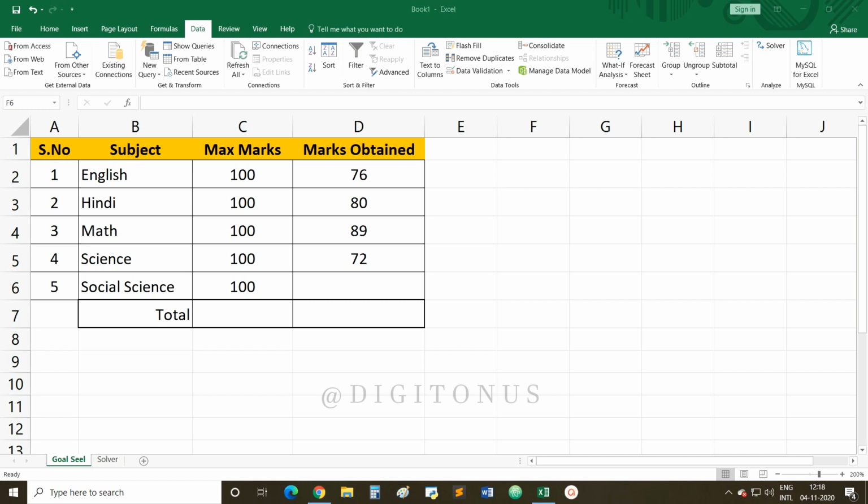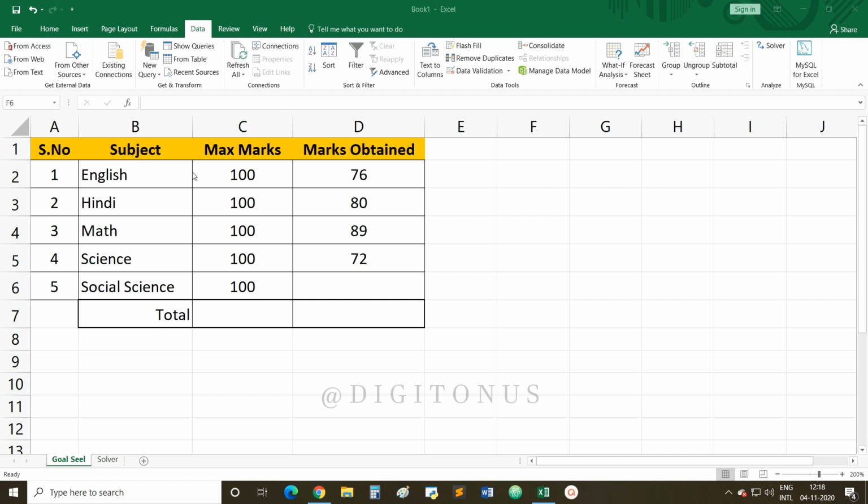Okay, so as you know that we are going to talk and discuss about the goal seek and solver feature of MS Excel, or you can say electronic spreadsheet, that is Office Calc. Now what is goal seek? Goal seek feature is an interesting feature which allows you to know a required value when you already know the output. It means, suppose I have just made a table here.